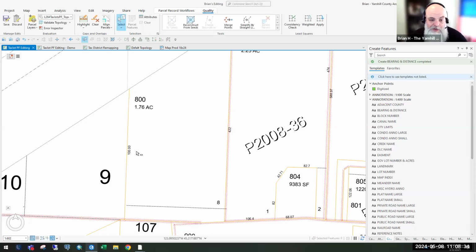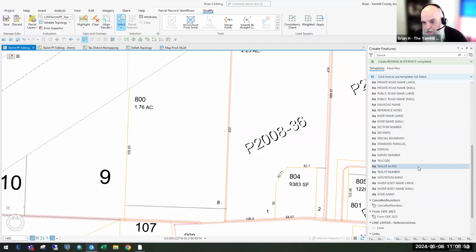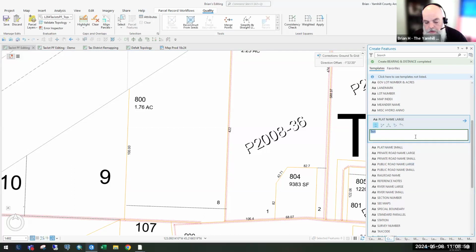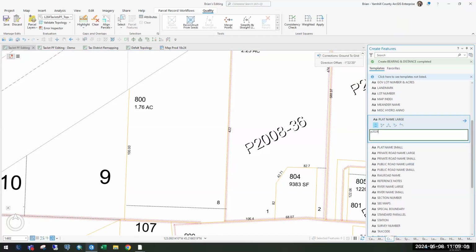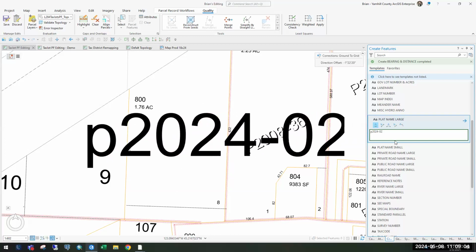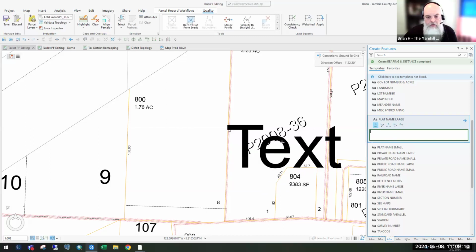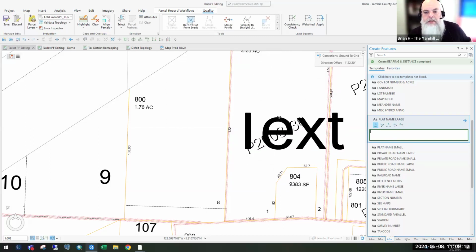But other than that, like I said, it's pretty basic caveman stuff. I just use the create feature and follow features to do my bearing and distances, anything where I want it on a line. For the rest of this stuff, I just place it. So if something's not placed where you want it to be, you just have to manually rotate it or move it. Like these ones, when you place a piece of text,